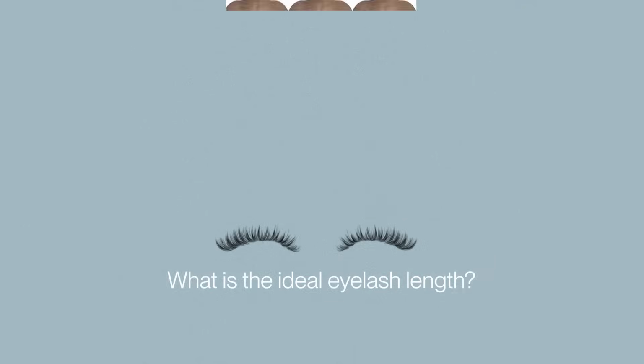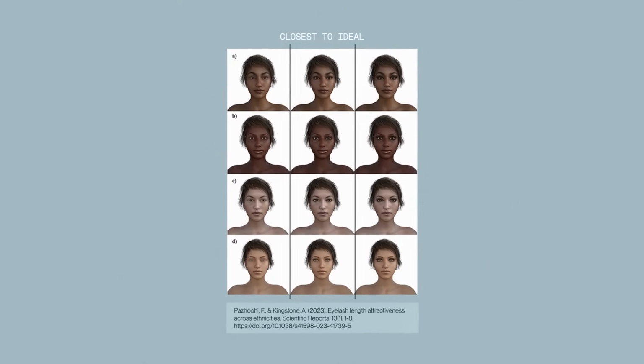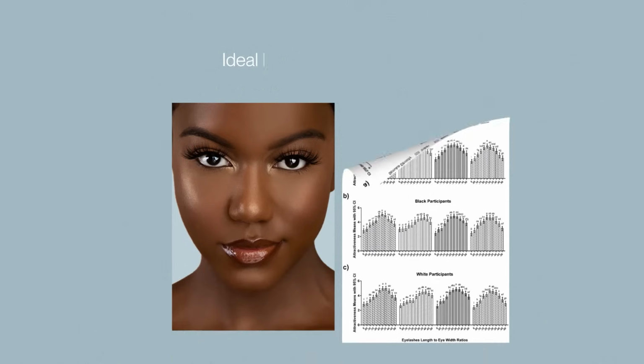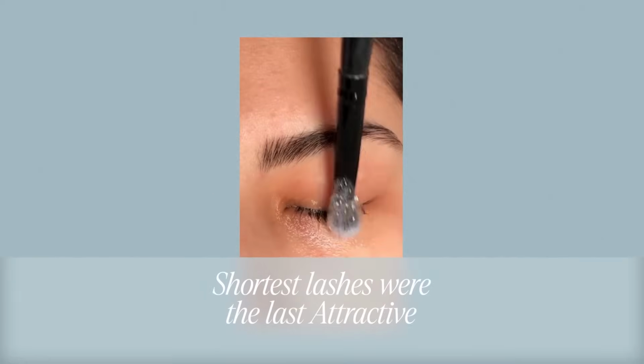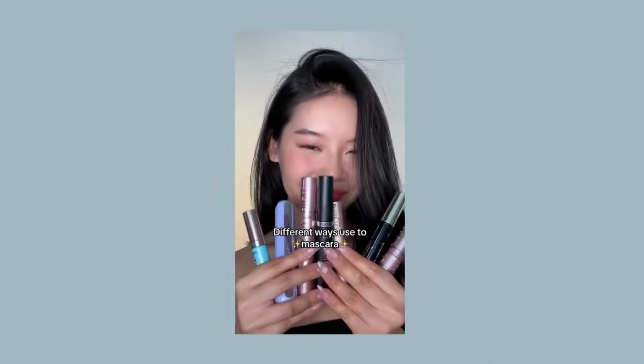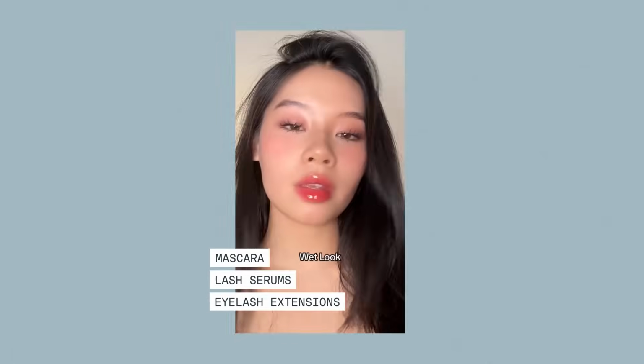Pazui and Kingstone's 2023 research showed that the optimal eyelash length for women across different ethnic backgrounds measures about 1/3 of the eye width, with slightly longer eyelashes preferred on African women's faces. In all cases, the shortest lashes were obviously the least attractive. This area of the eyes is quite easy to improve, as mascara or eyelash extensions can achieve longer eyelashes quite